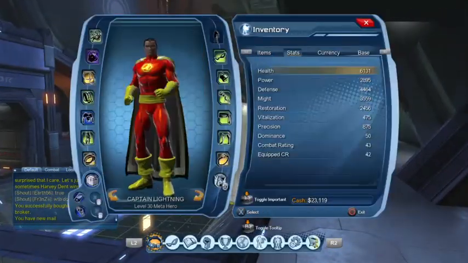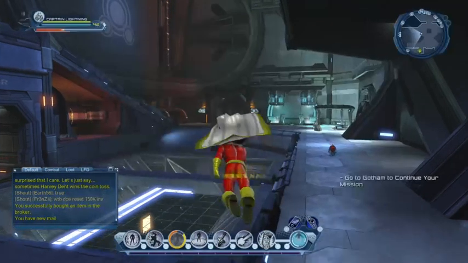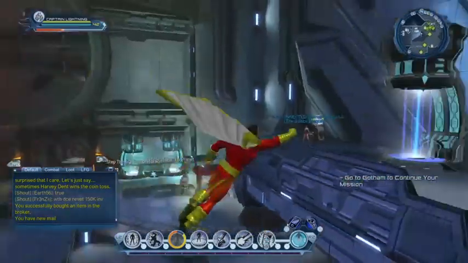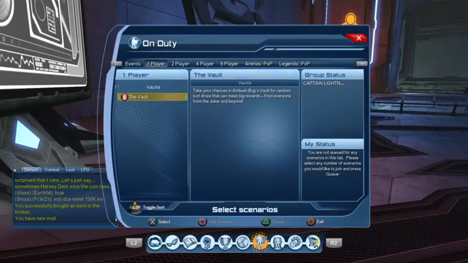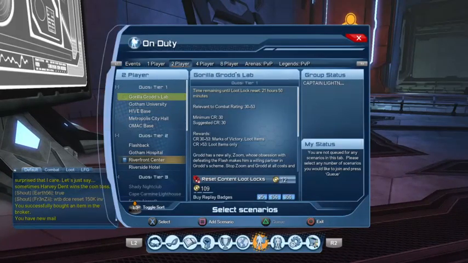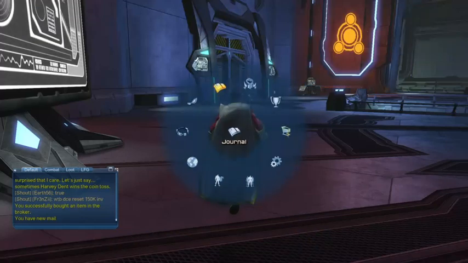So as you can see, the blaster would probably have done the trick too, because, I don't know, maybe not. We're still combat rating 43. So now we have access to tier 2 missions. So we could try and do that. Well, yeah, let's try and do that. Or maybe let's try and do...